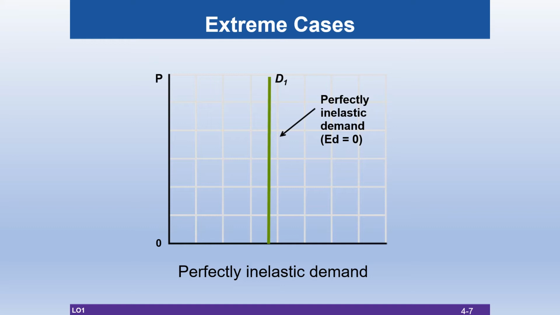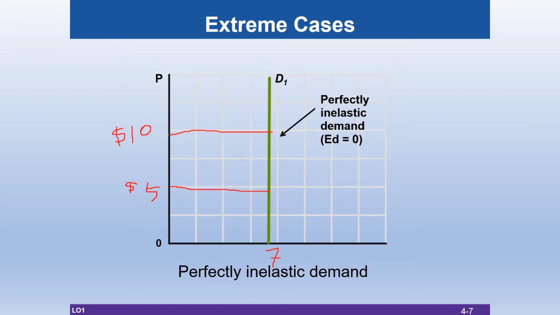So here we see a product where whether the product was selling for $5 a piece or the product became $10 a piece, still the quantity demanded is unchanged at, let's say, seven pieces. So quantity demanded did not change here at all, although price has changed. Price almost doubled here, but quantity is the same.